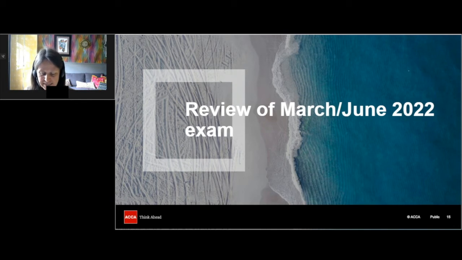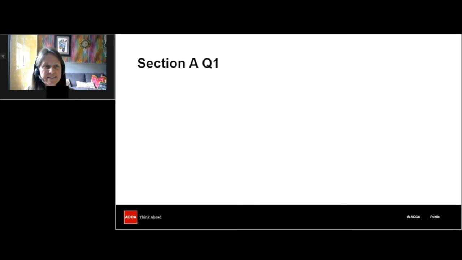So you've got a nice mixture of questions there, and you can have a look at that full exam on the practice platform. What I'm going to do is have a look at question 1 in more detail from section A, because this is a typical scenario type question. It's got 4 subparts.